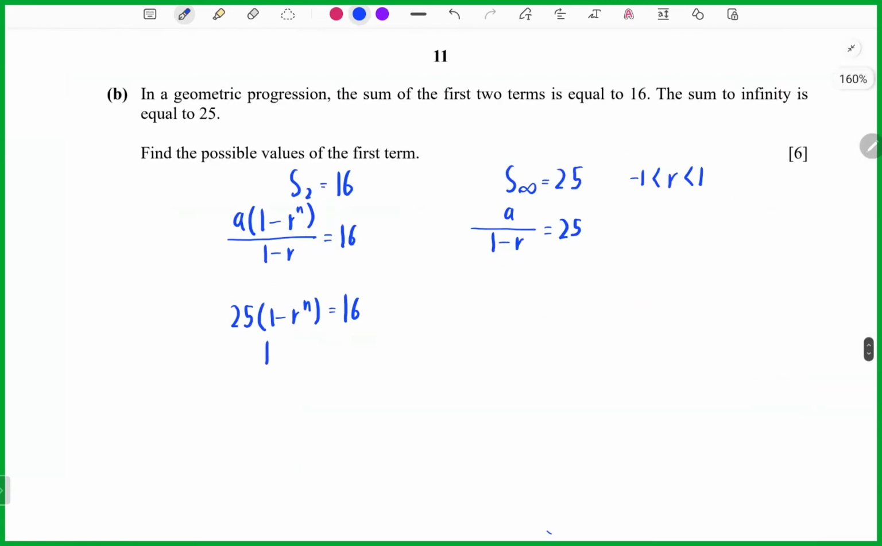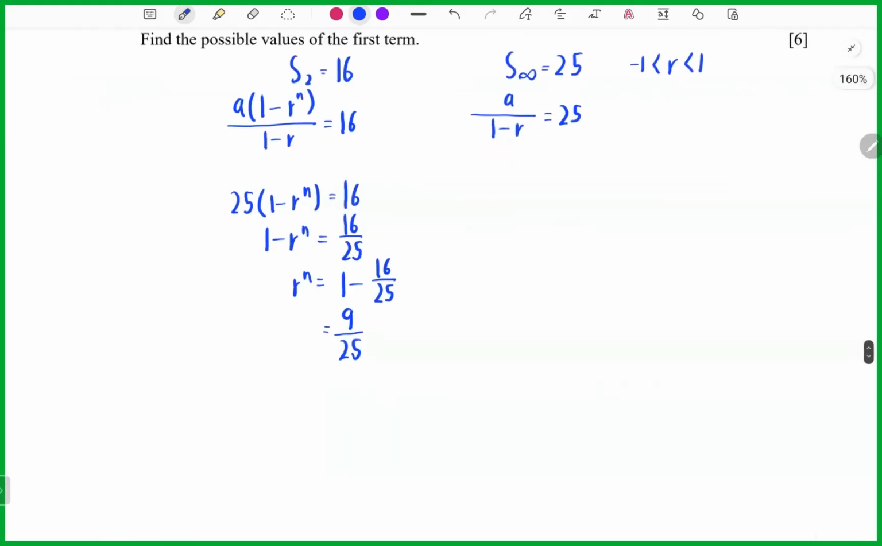So 1 minus Rn equals to... or can I use a calculator? Okay, 16 over 25. So Rn will equal 1 minus 16 over 25. 25 minus 16, we will get 9 over 25. Okay. So Rn will equal to,